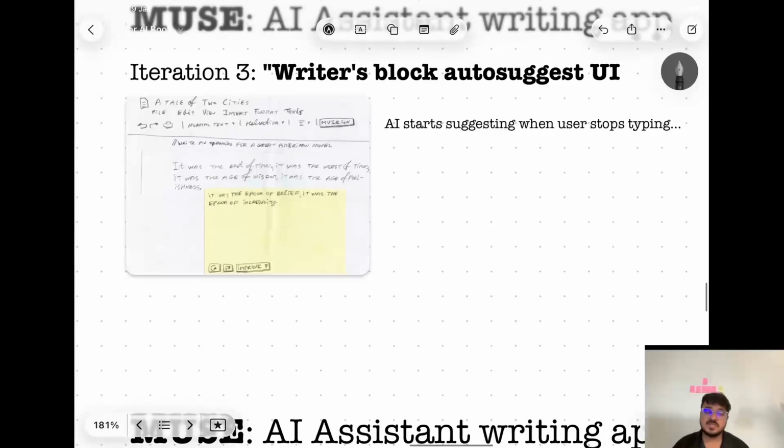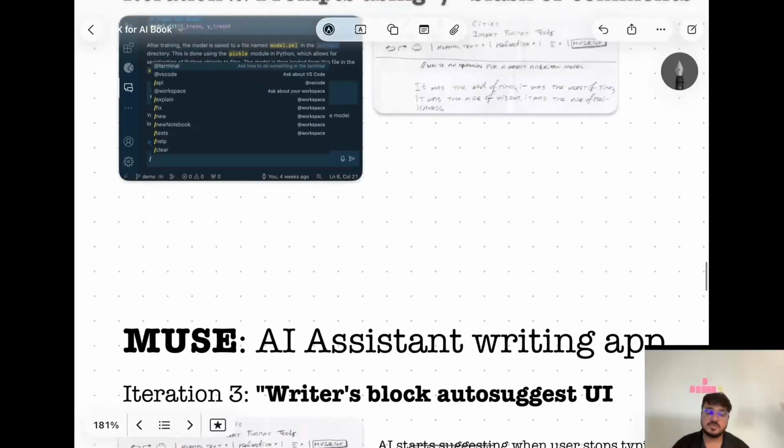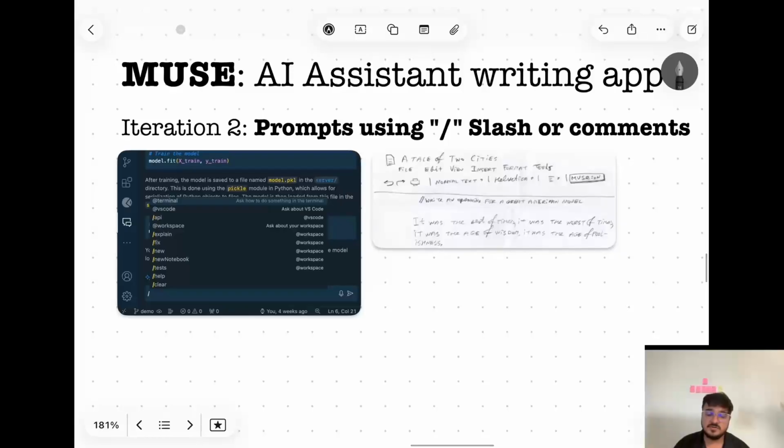Okay, so that's the third iteration. See, now again reflect back. So this is a different way. It has a different way of thinking. It was just a prompt and using slash